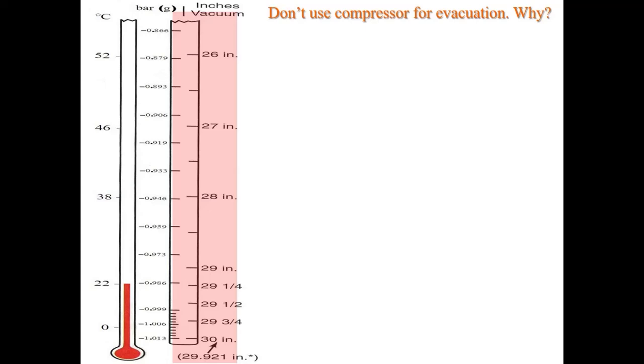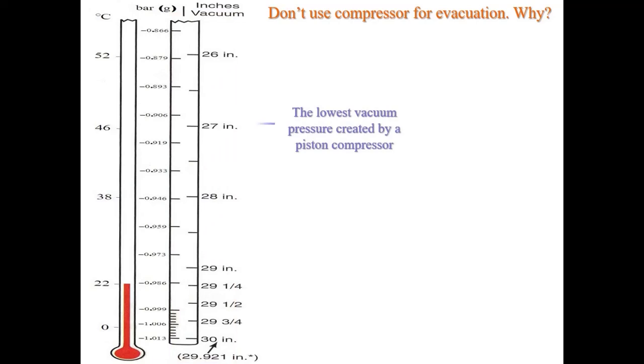Let's consider a piston compressor used for evacuating a refrigeration system. Piston compressors have a dead volume between the piston and the valve plate, limiting the vacuum pressure to no lower than 27 inches of mercury. While such compressors can remove air, moisture remains an issue. In contrast, a rotary compressor, lacking the dead volume of a piston type, can achieve a vacuum pressure of around